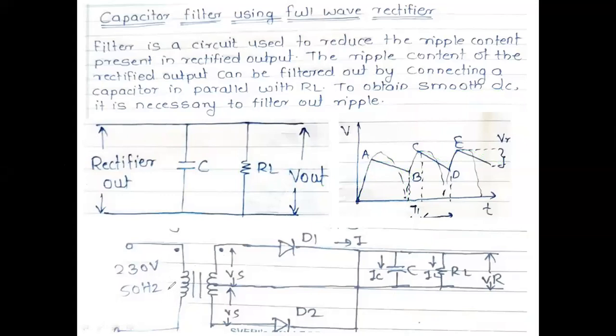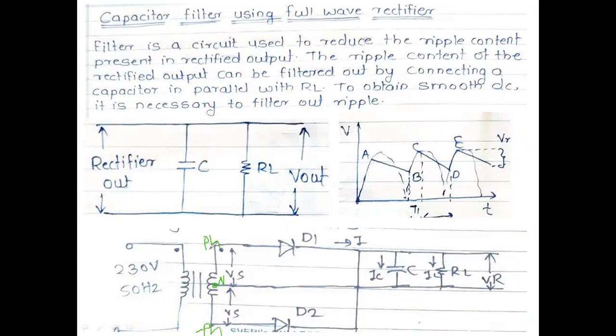We have considered a single phase transformer, which is nothing but a center tap transformer. This is the primary and secondary. The secondary is split into two parts here. One terminal, and one center tap, center point we have provided, that will act as a neutral point. For the positive half cycle, this will act as the phase. For the negative half cycle, this will act as the negative phase here now.